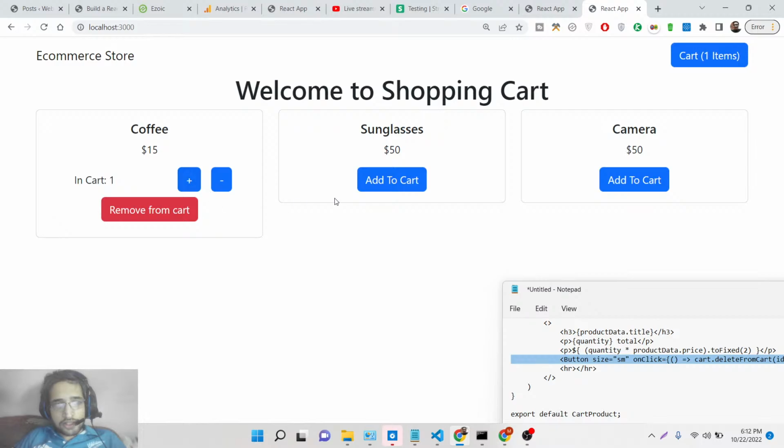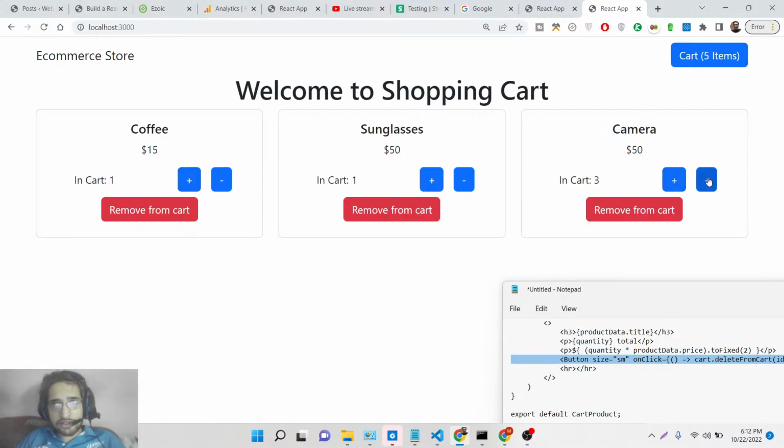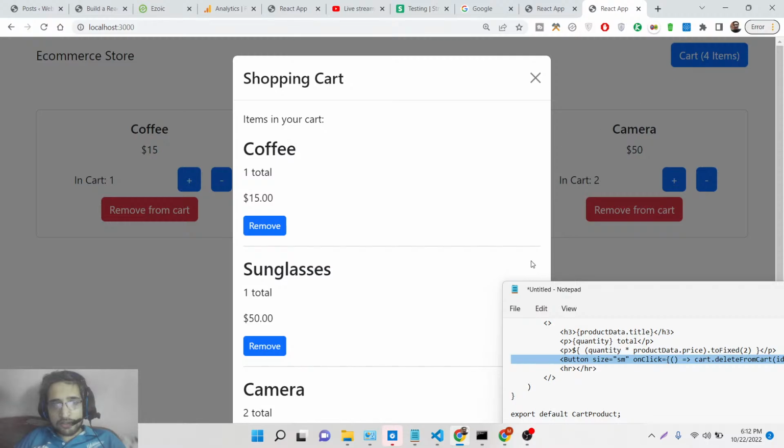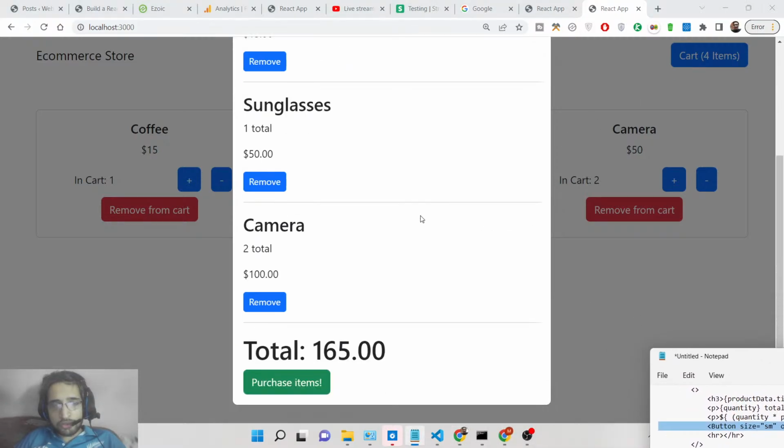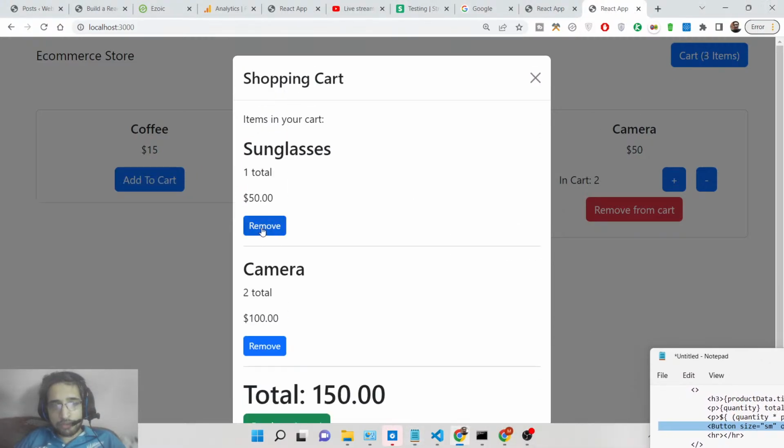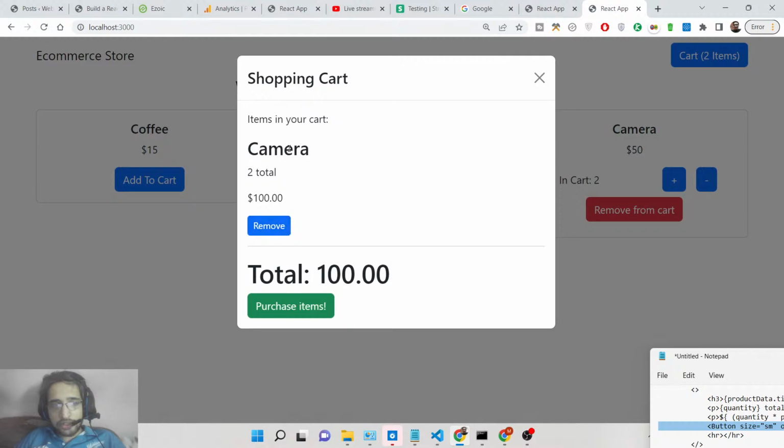Cannot find file product stored JS does not match. So you see that, guys, it is updating it in the cart as well like this. If you increase it, decrease it, if you click it, this window inside your modal window, it will be showing all the products out there. You can remove the products as well. You can add the products. 2 products are there. If you now click this purchase items, we need to make a simple post request to